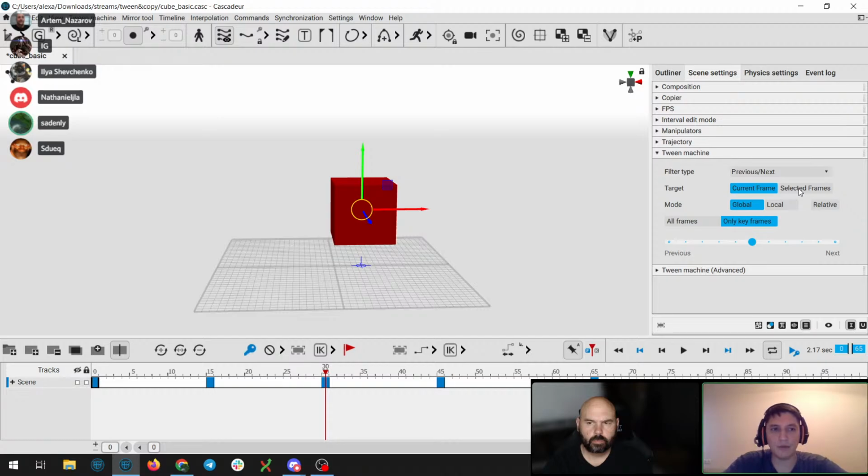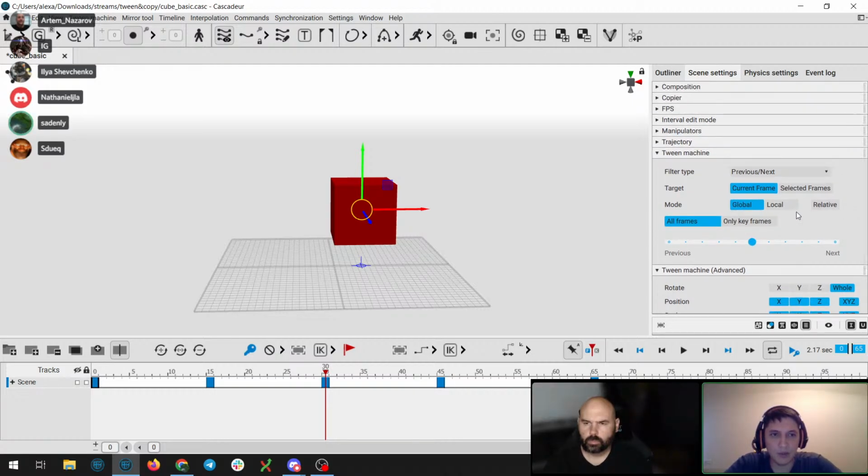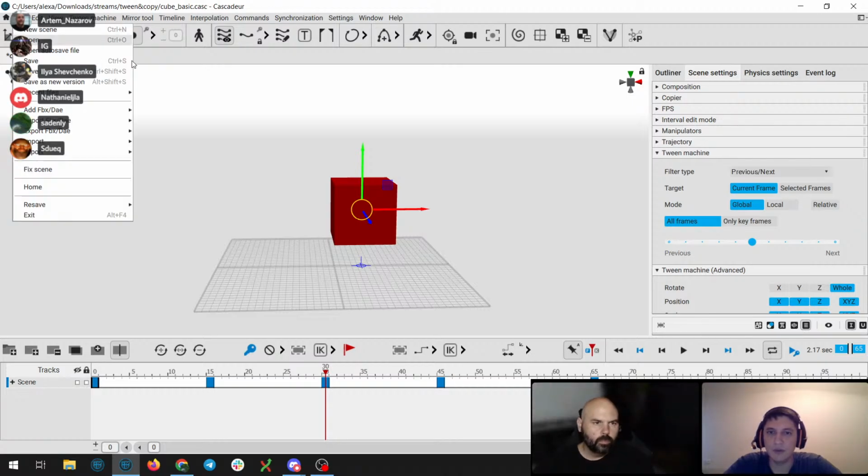So yeah, I think I've covered the fact that we can work with all frames or keyframes only, and now we can probably just go on to the more sophisticated settings, and those are these modes like global, local, and relative. And then there are also a number of settings here in the advanced Tween machine settings. Okay, but let's start with these modes. That's actually something that allows you to do a lot of different stuff, but